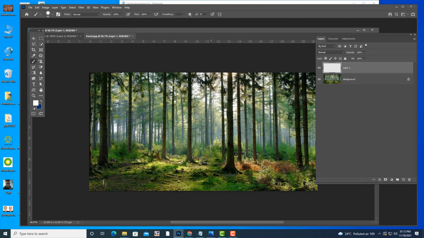Then I am going to create circles of different sizes, on a new layer.